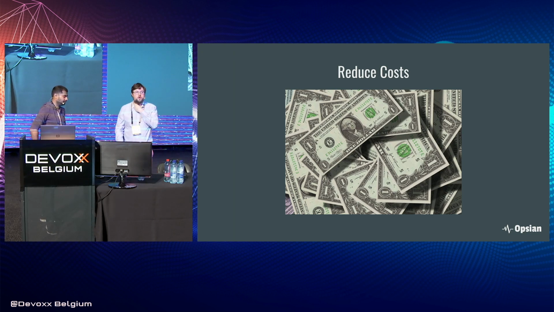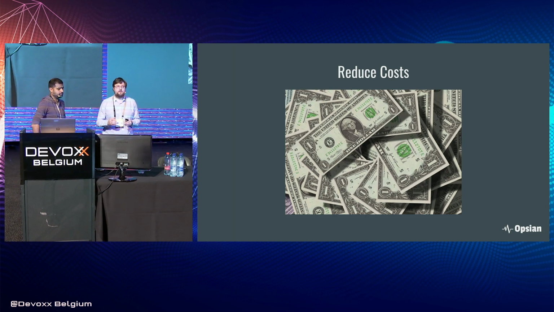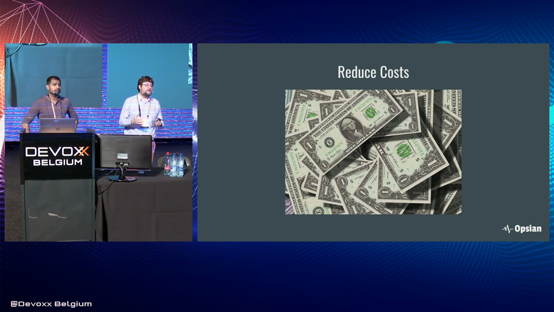And finally, there's reducing costs. Now, I don't want to say all costs are infrastructure costs. That would be a bit of a fallacy. Obviously, developer time is quite expensive as well. But these days, infrastructure costs are increasingly measured and metered. Things like moving to the cloud means your cost base for your infrastructure isn't a fixed cost concept anymore.